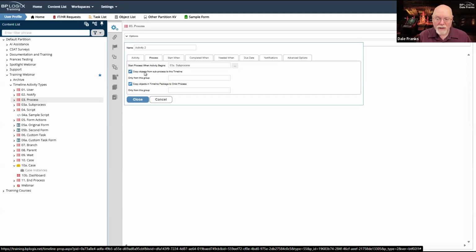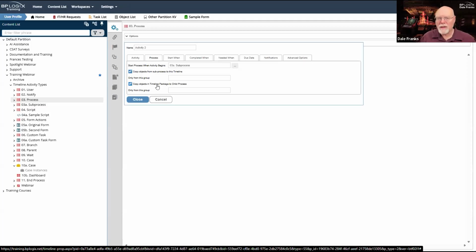And in most cases, because you should configure document attachments to also attach to the process timeline, that means that having these two buttons checked will take all of your timeline attachments. So the form and any document attachments that are attached to the process timeline, those will all be sent down to the sub-process when it runs.